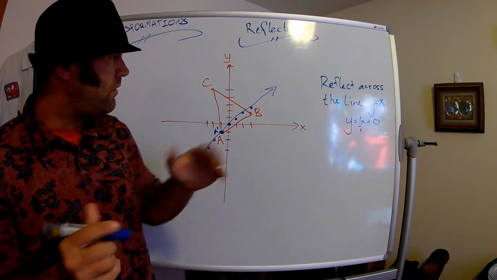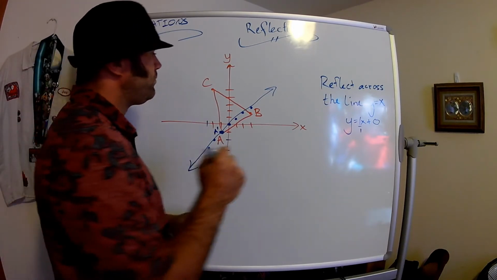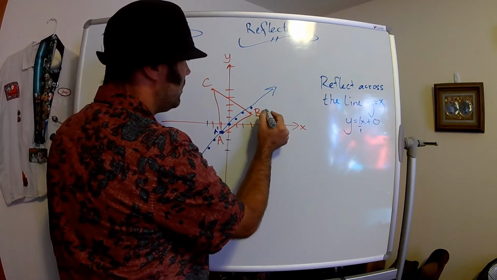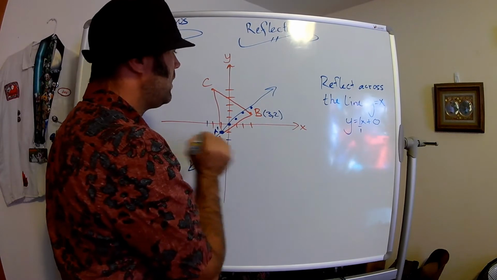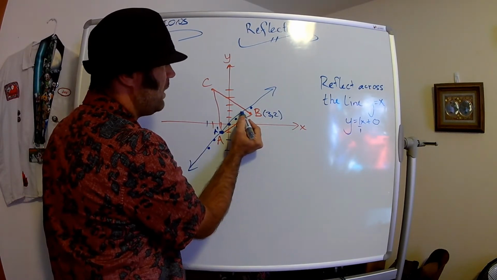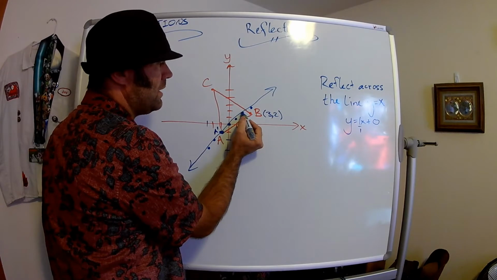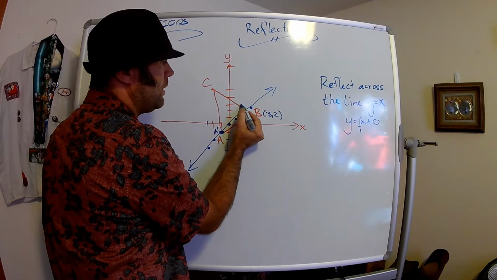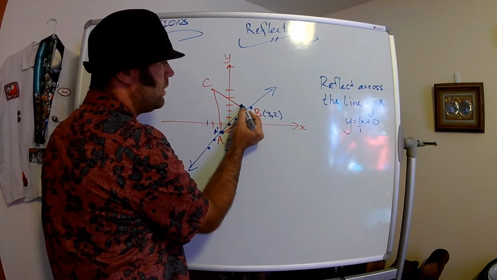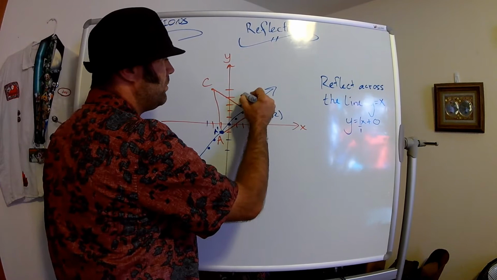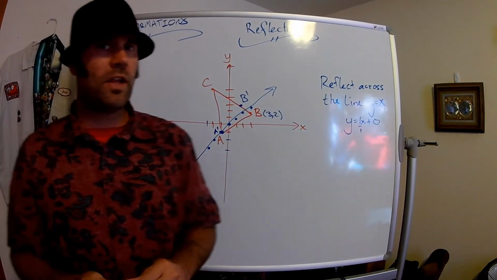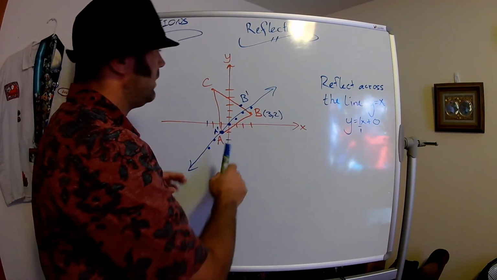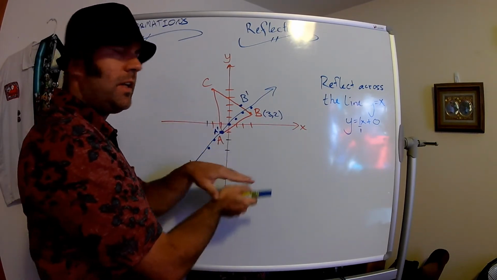B, however, is off of the line of reflection. And if you notice, B is at 3, 2, and it takes just one move to get to the line, to the left. So if we went left 1, we need to go up 1. And that would be B prime. I know that sounds weird, but it's true. We could also look at it this way. We want to go across the line. We want to get away from B,